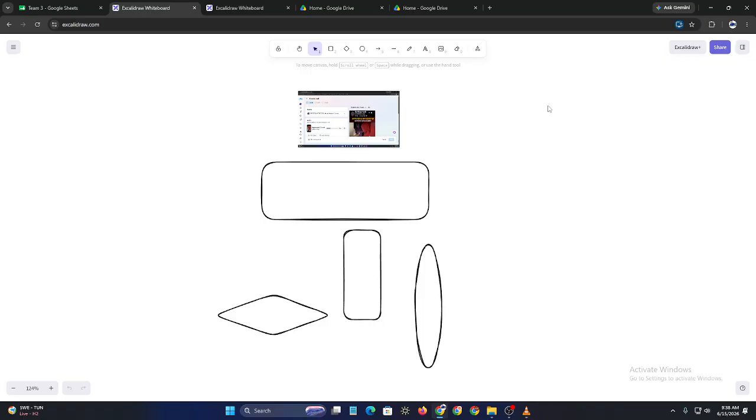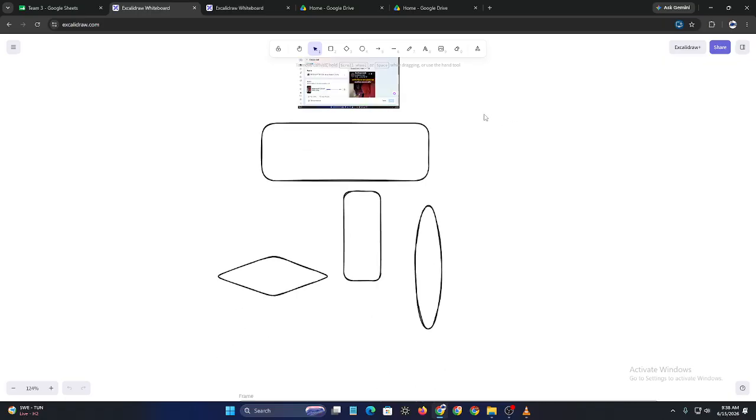And that's how to fix Excalidraw performance issues in 2026. In most cases, reducing drawing complexity, freeing up system resources, updating your browser, and enabling hardware acceleration will